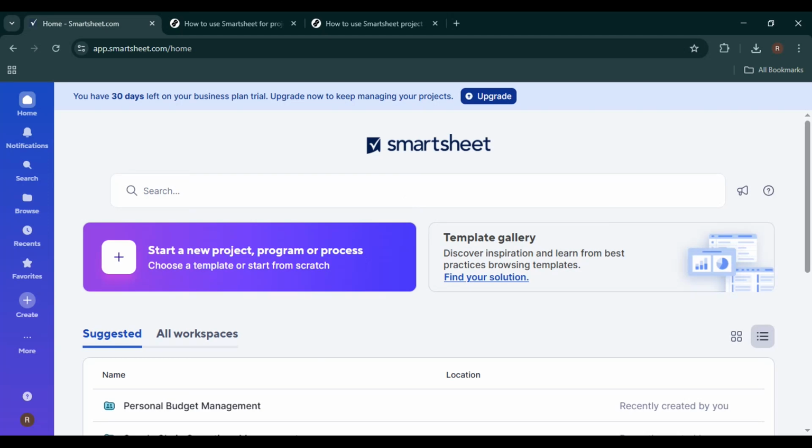In today's video, I'm going to walk you step by step through how to use Smartsheet project tracking in Rollup using one of Smartsheet's built-in templates. This is perfect if you're managing multiple projects, want a high-level dashboard view, and need automatic roll-ups without building everything from scratch. By the end of this video, you'll know exactly how to set this up and where to find